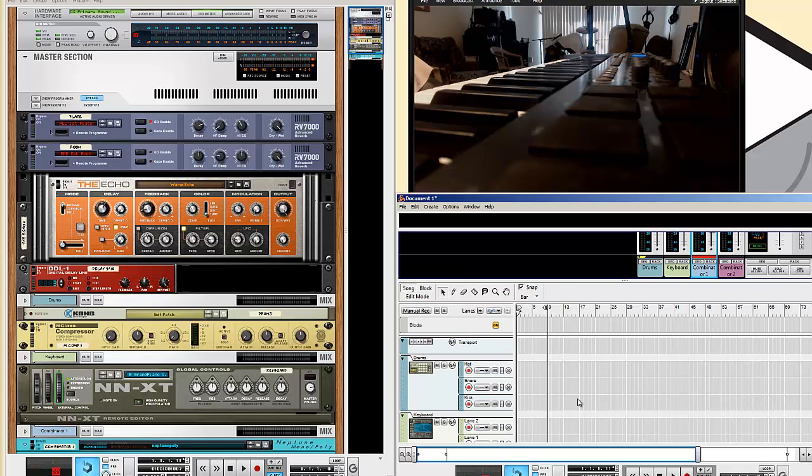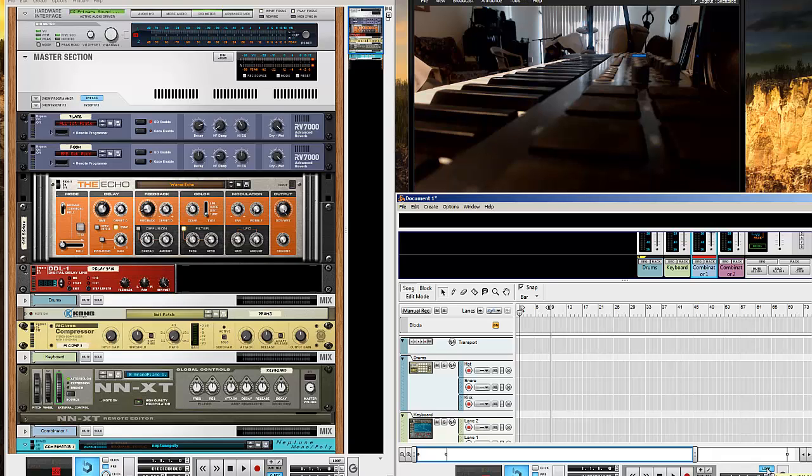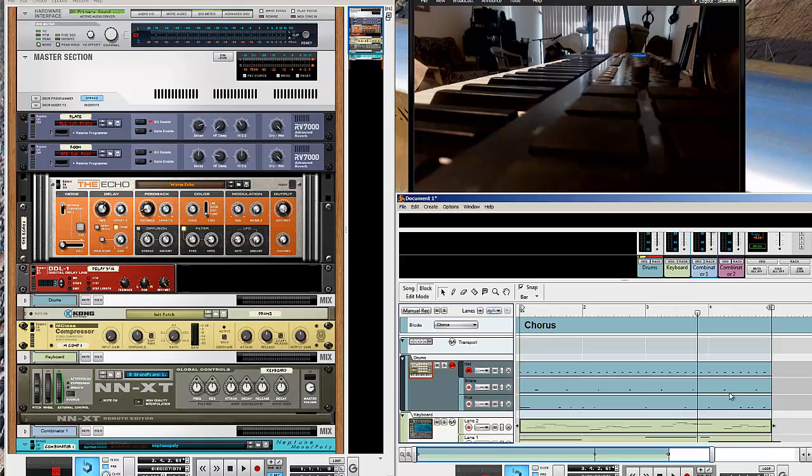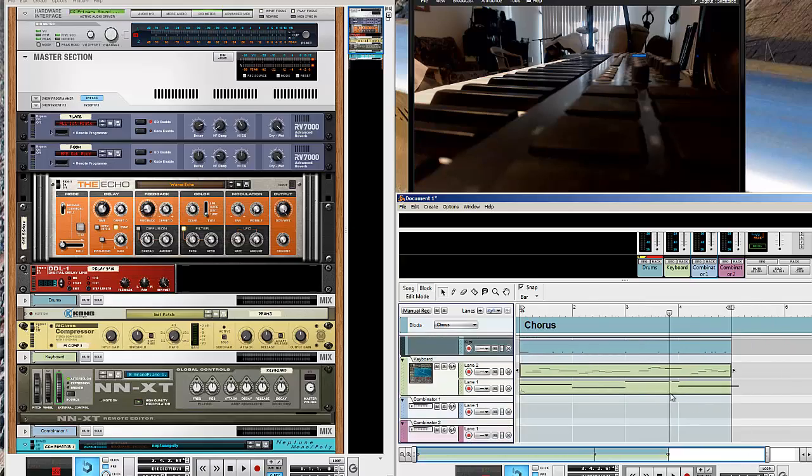I realized I took loop off on accident. Loop is that slash that I at first said was the alternate dub, so just be careful. Sometimes you could break things. Now I'm going back to block mode because I'm gonna record in block mode right now. This chorus. Okay, click on that combinator, which is